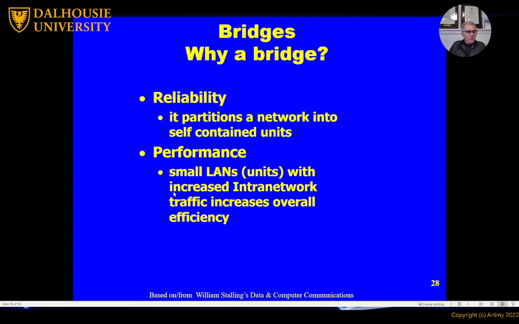So when we divide our network by bridges, we have smaller buses, and those smaller buses allow nodes to talk to each other. They have more chances to talk. So the performance, the amount of traffic that can be transmitted goes up.